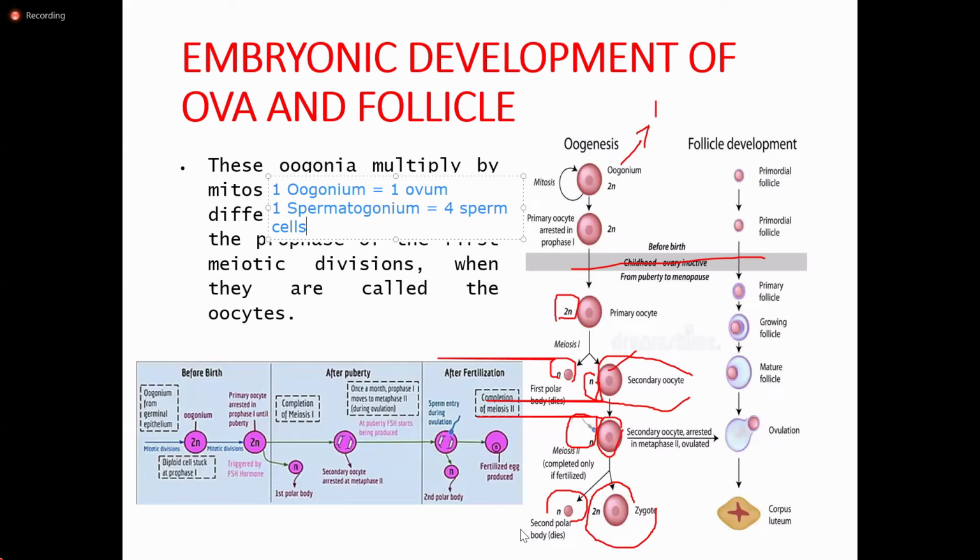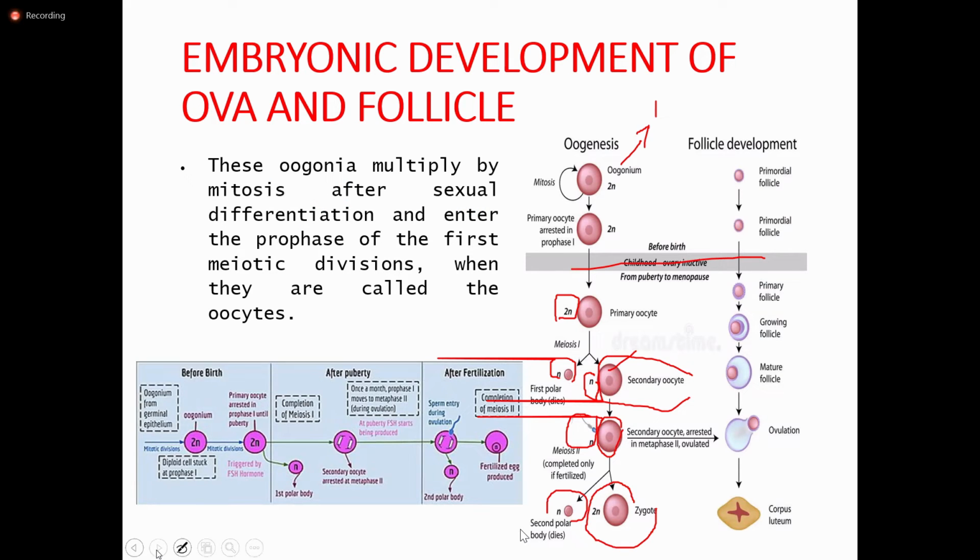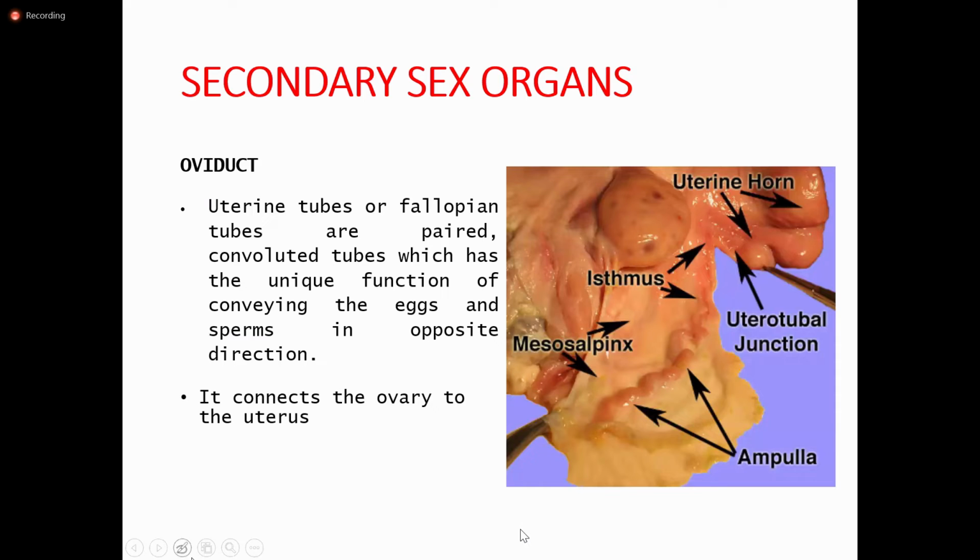Okay, so moving on. Let's go with the secondary sex organs. Now we have the oviduct, and this oviduct is also called the uterine tube, the fallopian tube. We have also the salpinx. So this connects the